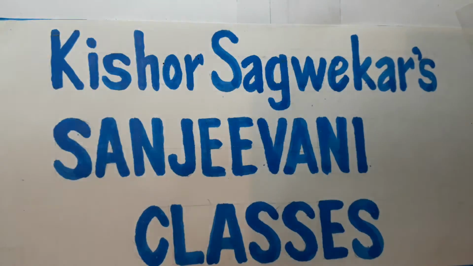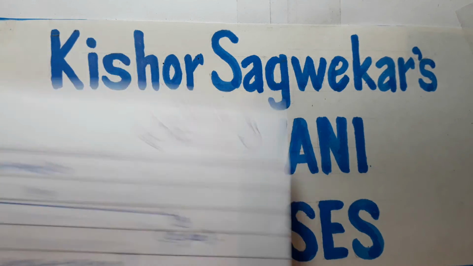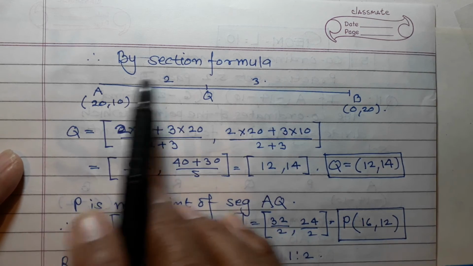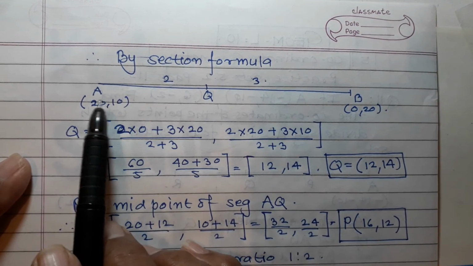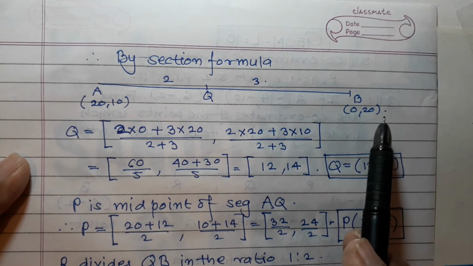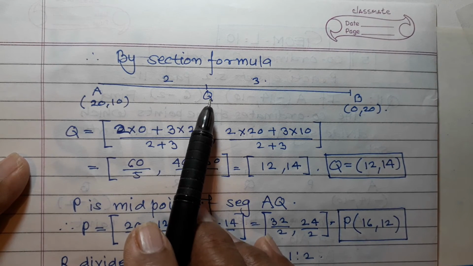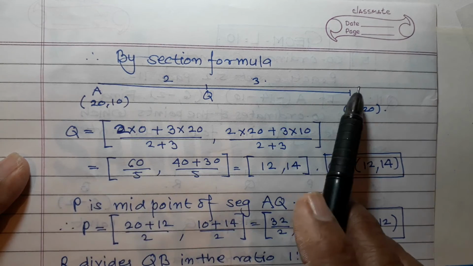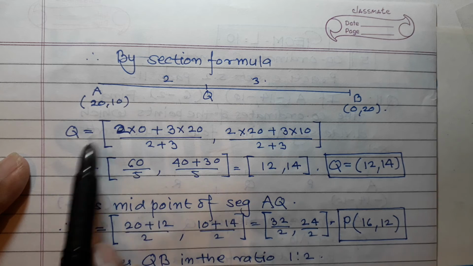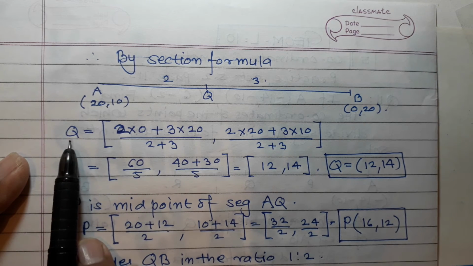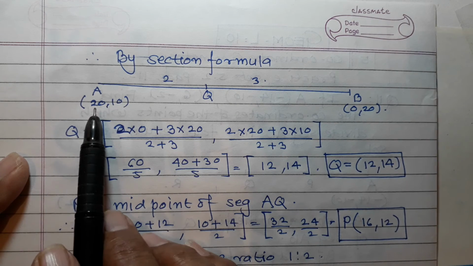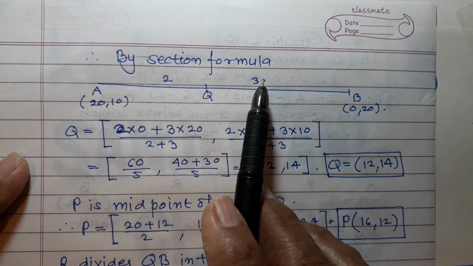Use section formula. And therefore, by section formula, A(20, 10), B(0, 20), Q you don't know, Q divides seg AB in the ratio 2:3 and therefore Q is equal to